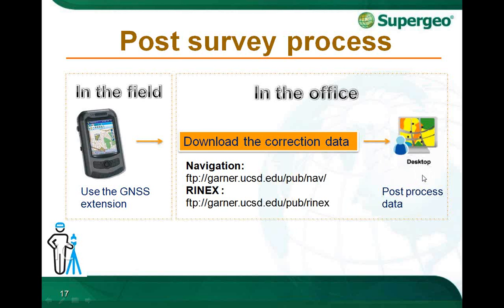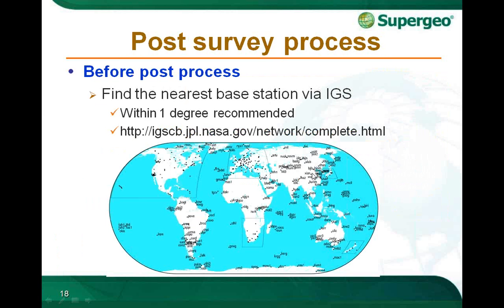by differential GPS extension. Before downloading the correction data, you need to go to the IGS website to search the nearest reference station around you. Here, I recommend the best station is within 1 degree of your location. For example, suppose you are in south part of India, okay? South part of India. Maybe you can select the best station in Hyderabad or Bangalore to get a better correction